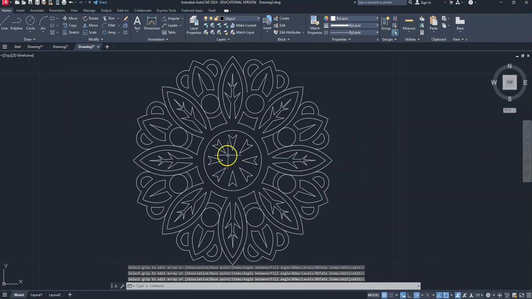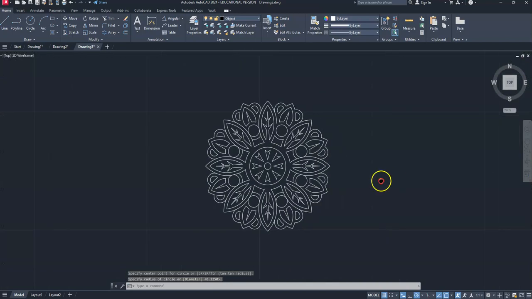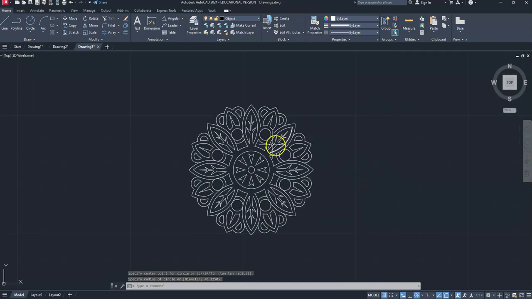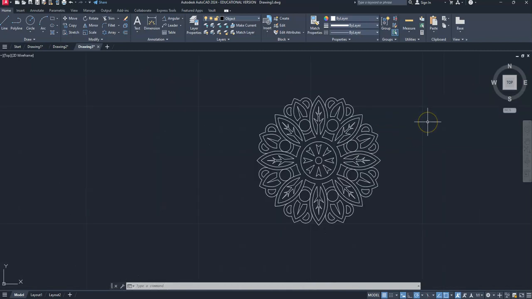Now, the size I make those, I could put another circle in the middle. The size I make these is totally up to you. I really like how this looks. I do have a little bit of trimming. Notice how this is cut here, and it's not over here. If there's no gap there, the laser's going to cut that, and there's going to be nothing to hold this on. So I'm just going to explode,